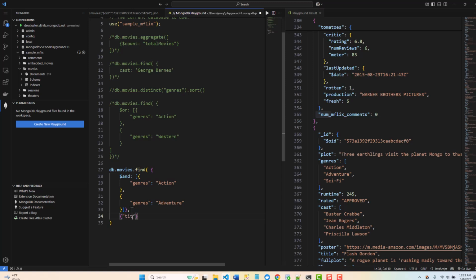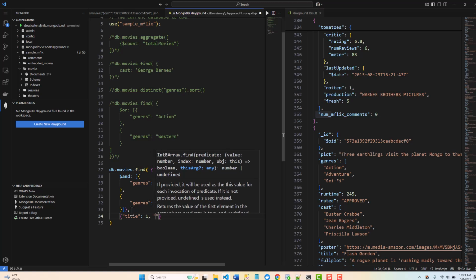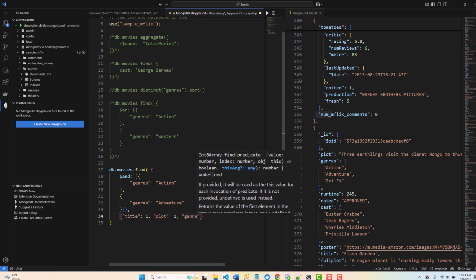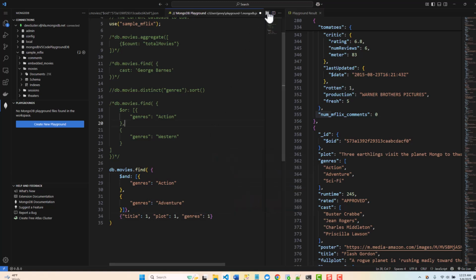So in this case, we have the title that we want to include. So we're going to say 1. We have the plot that we want to include, and we'll say 1. And then, oops, put this inside, the genres that we want to include. So we'll make this one as well. So at this point then, if we run it,